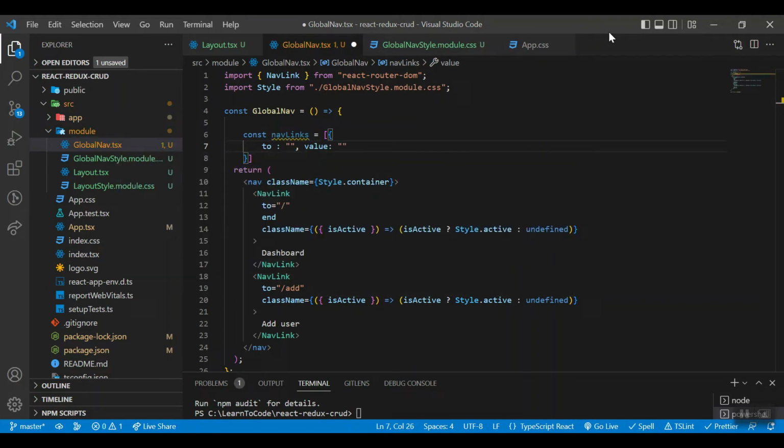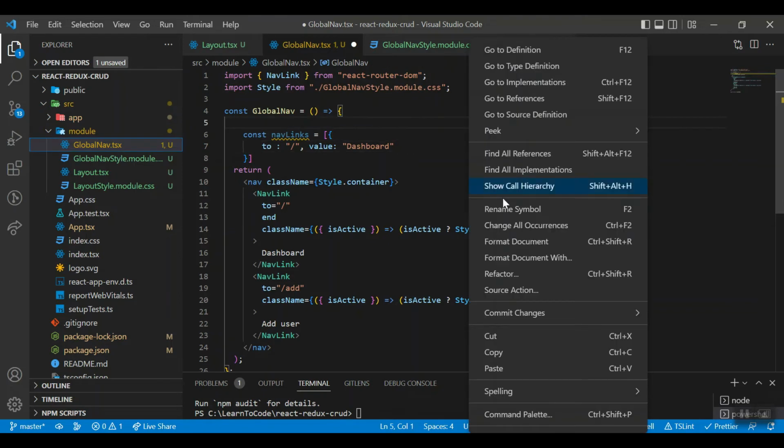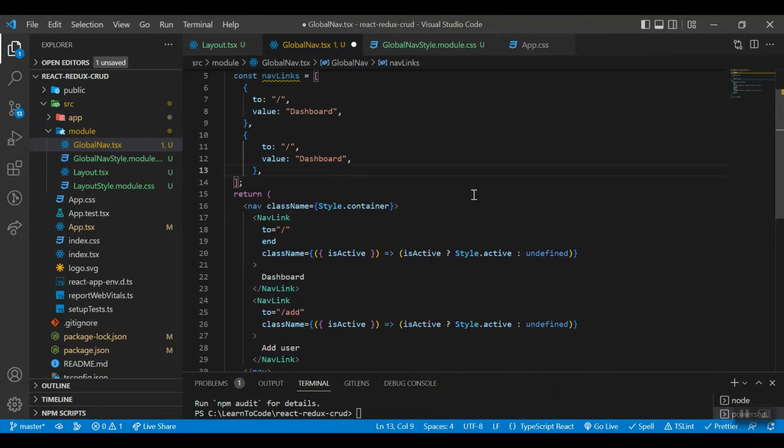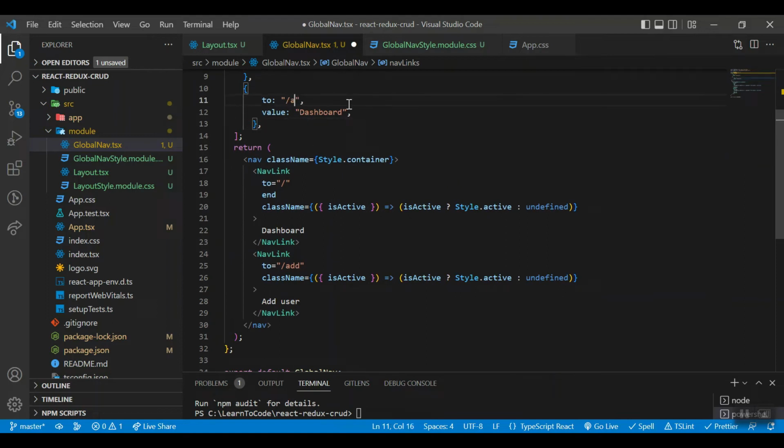Okay, so Dashboard, and 'to' is this thing. Again create one more for add, and copy this text, paste it here,